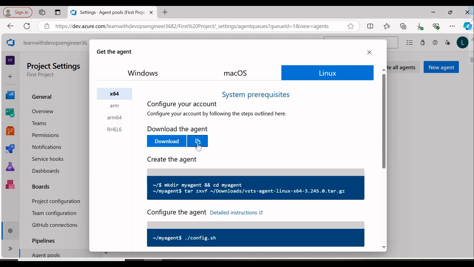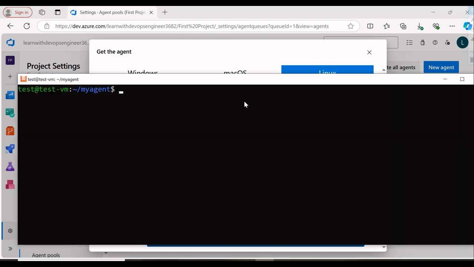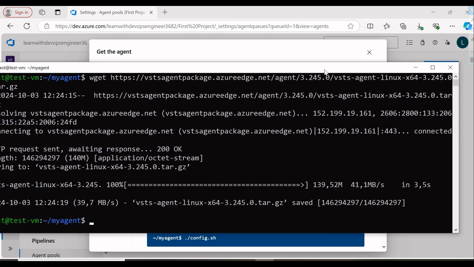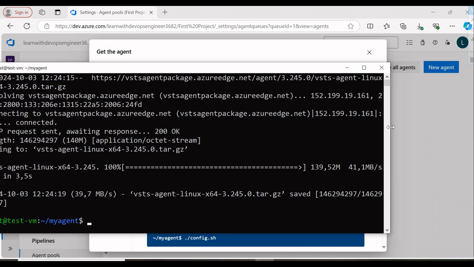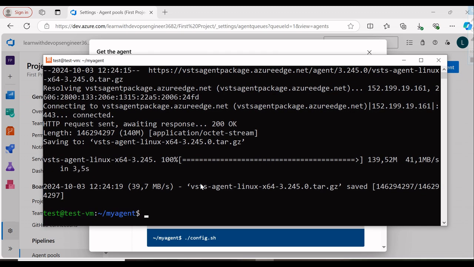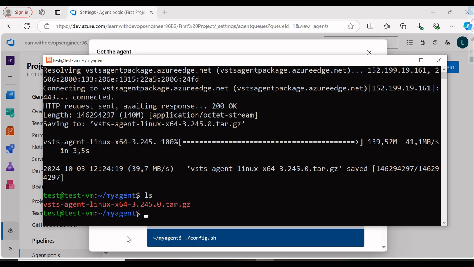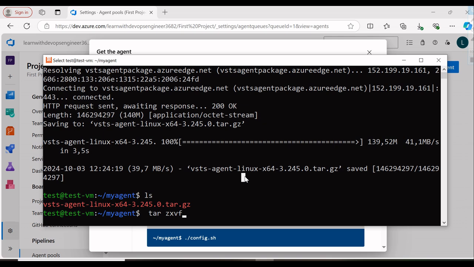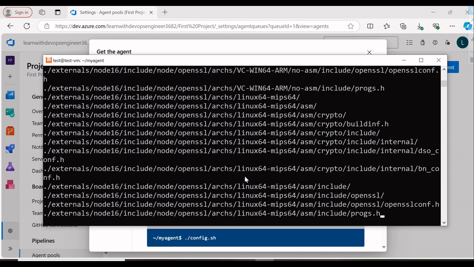The next step is I'm going to use wget to download this package in this machine. Let's quickly run wget. It will download the package in this particular virtual machine. I'll try to make it a bit smaller. Yeah, if you list, we have this package in this machine. Now I'm going to unzip this. For that, I'm going to use this command. It is a very easy process, I would say. Once you unzip this,